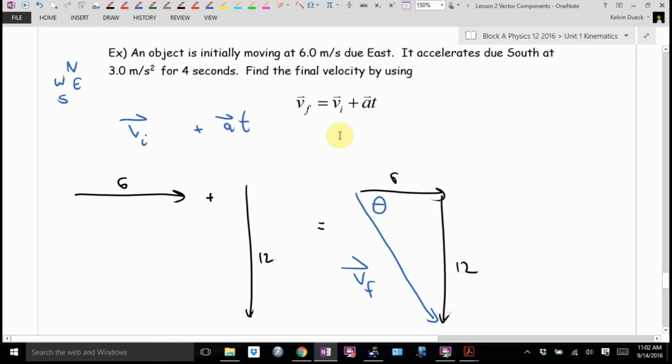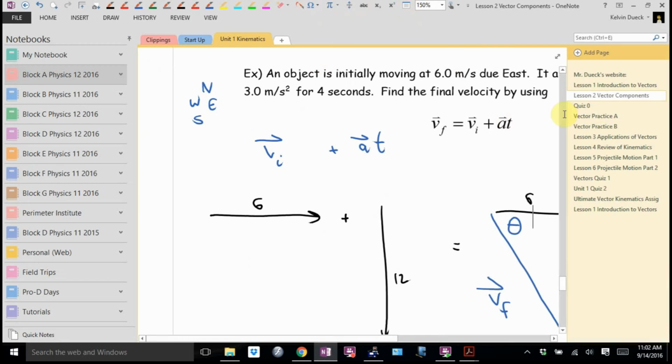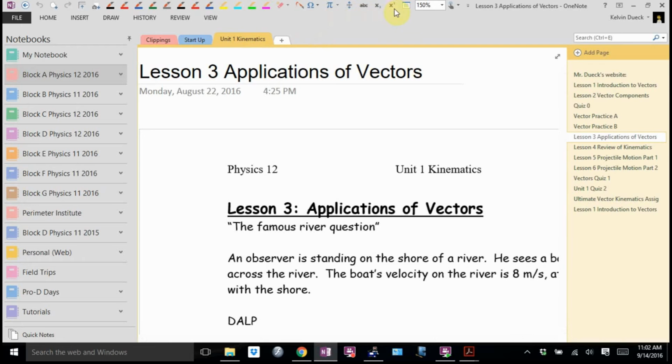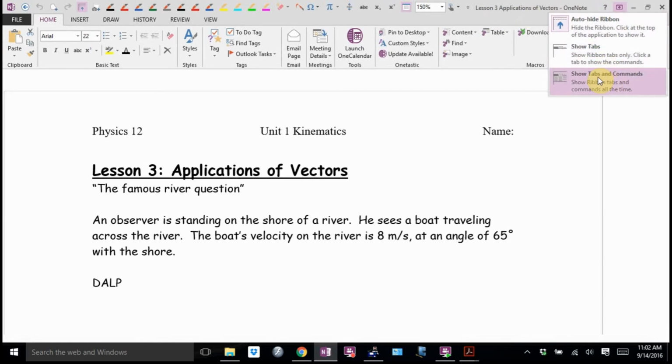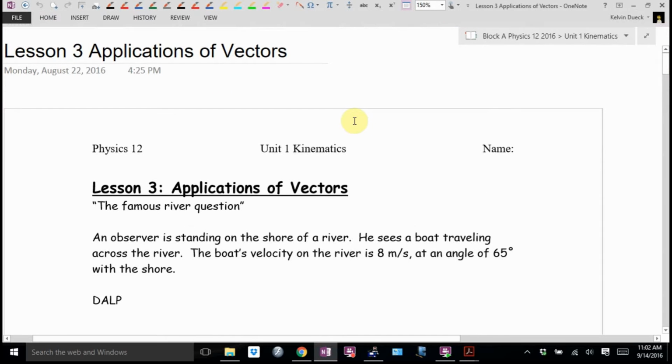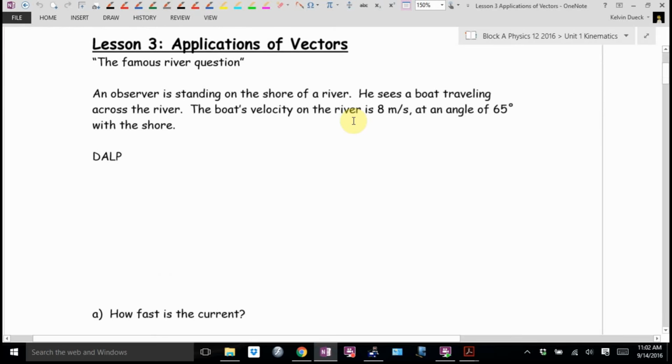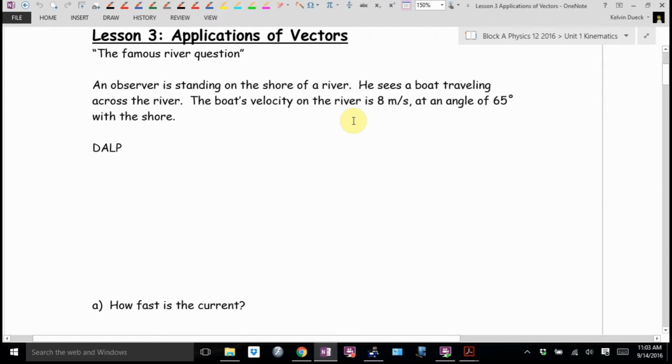What I really want to get to is today's lesson, lesson 3, applications of vectors. The famous river problem. The two best applications of vectors are going across a river when there's a current, or flying a plane when there's a crosswind. Mathematically, same thing. It says this: an observer is standing on the shore of a river. He sees a boat traveling across the river. The boat's velocity